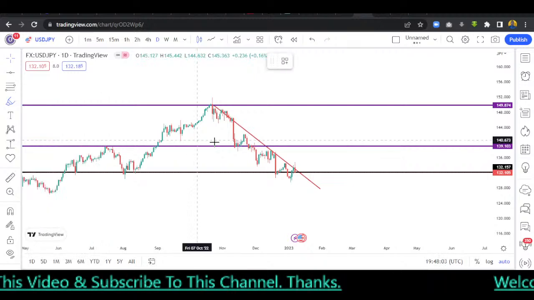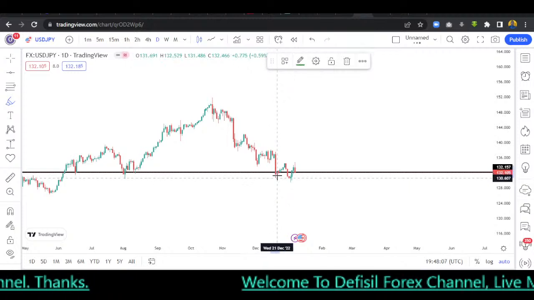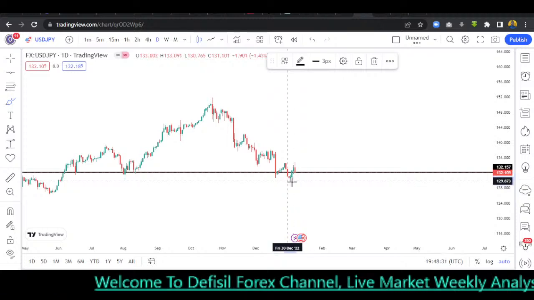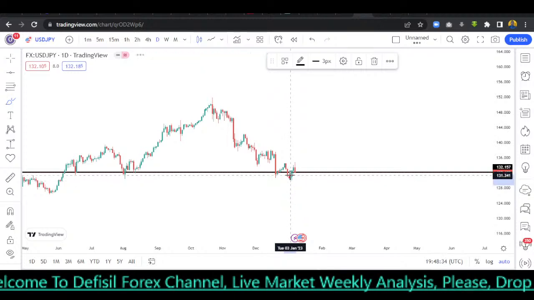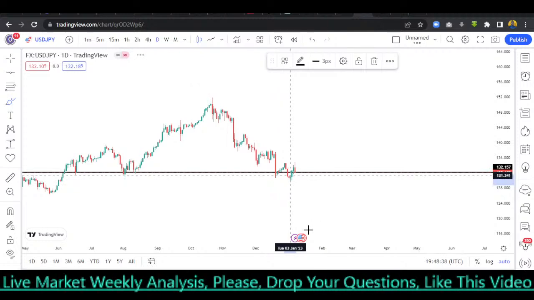It attempted it at this point. Then it attempted it here. Then it attempted it here. So what we should be looking at, or what we should be expecting now,